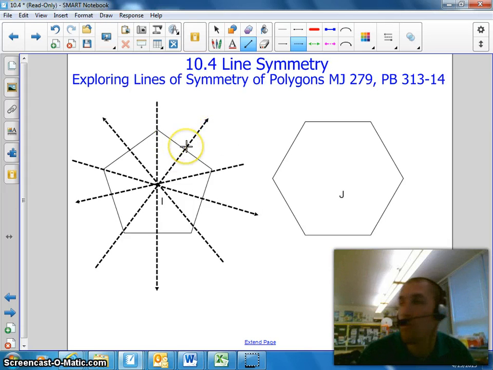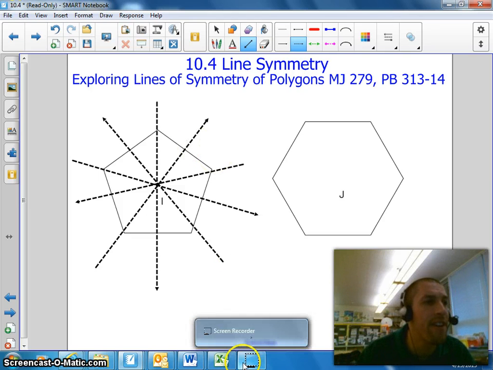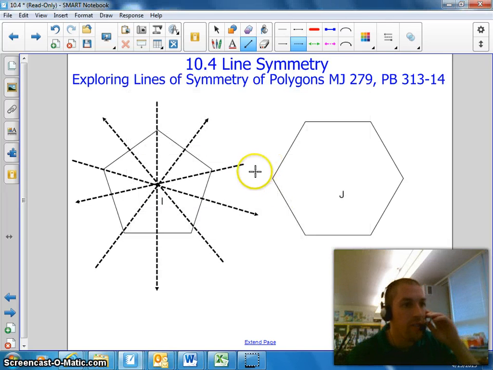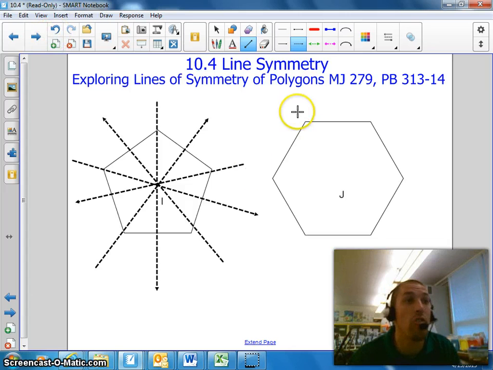Usually the easiest way is when it's a regular polygon. When it's a regular polygon, you have 5 different lines. Alright, so we continue right here. We have a 6-sided shape, so we will have 6 lines of symmetry. Now, that's only true if it's a regular polygon, but this one is a regular hexagon, so it will have